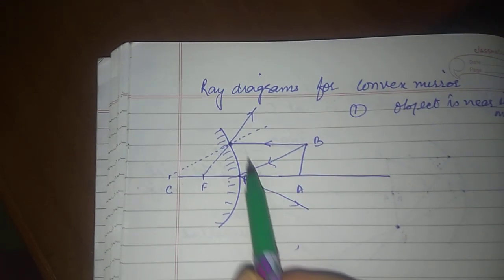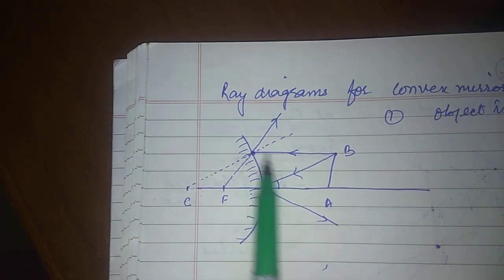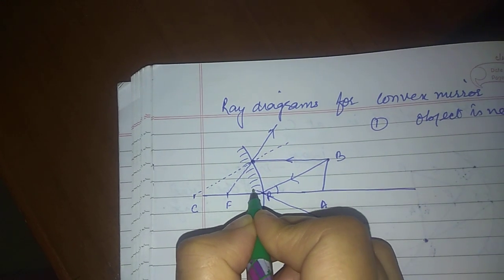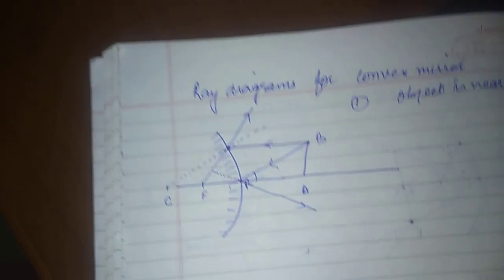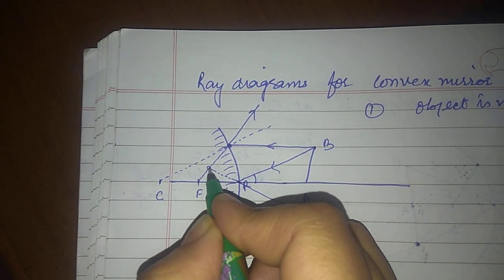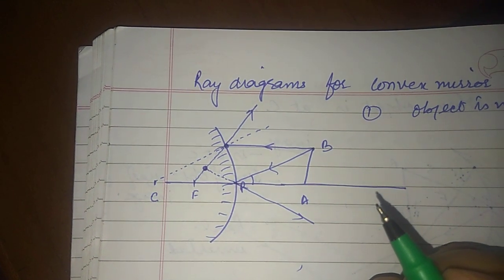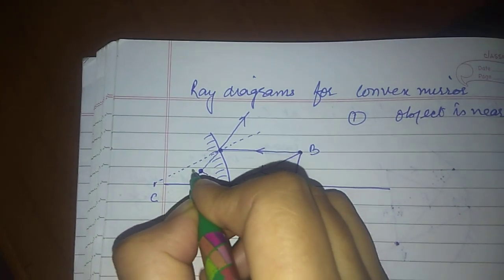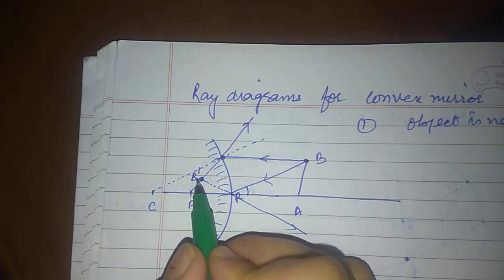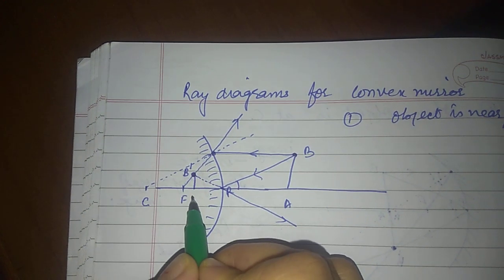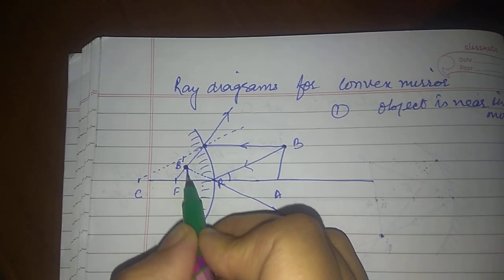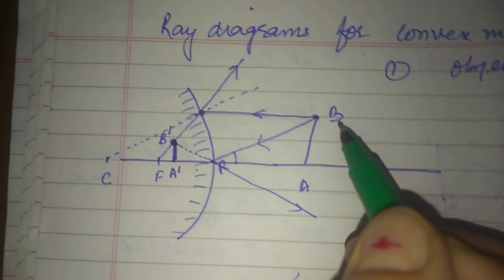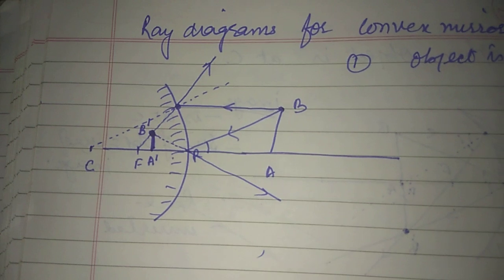So again you can see one ray is this, another ray is this. Both of them, they will never meet. So you have to extend them in the backward direction. So when you are extending it in the backward direction, you see this is a point where the 2 rays are going to meet, or they appear to meet. So this point will give you the image of the point from the 2 rays were taken. So that is point B dash, and A dash can be obtained by drawing a perpendicular on the principal axis. So you see this is the image obtained when the object was lying nearer to the mirror.